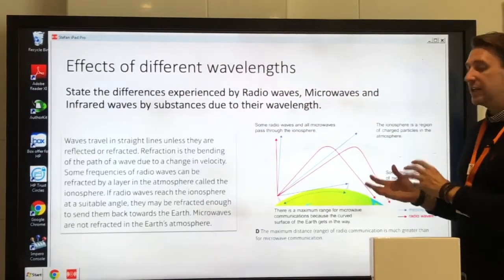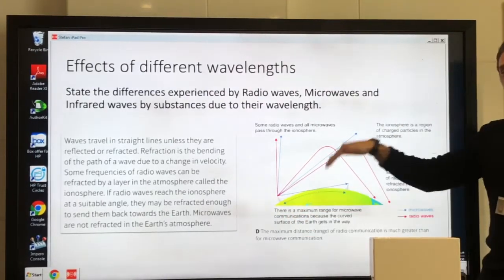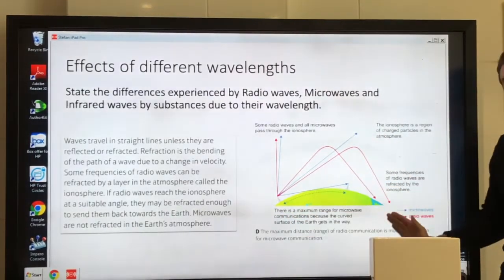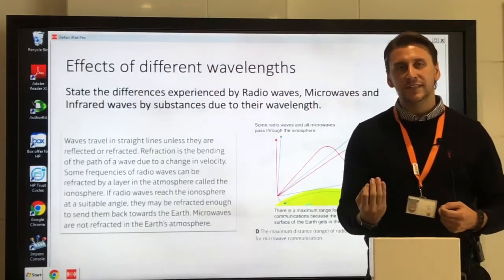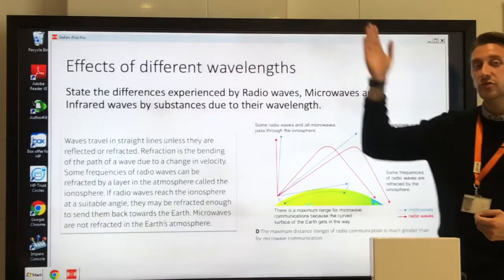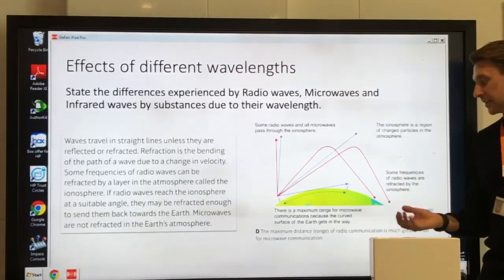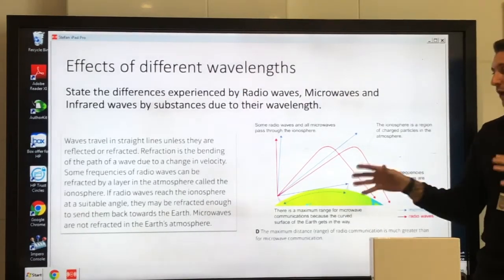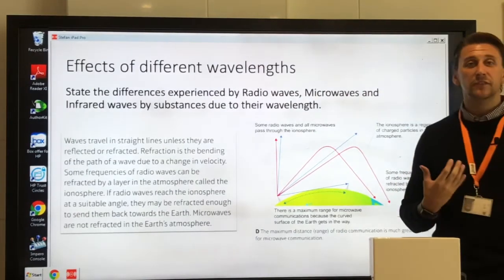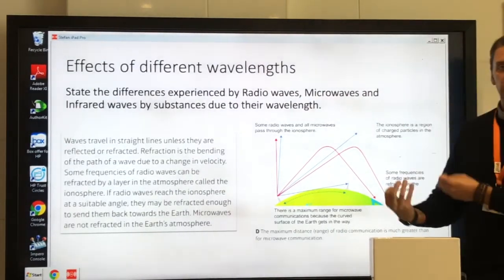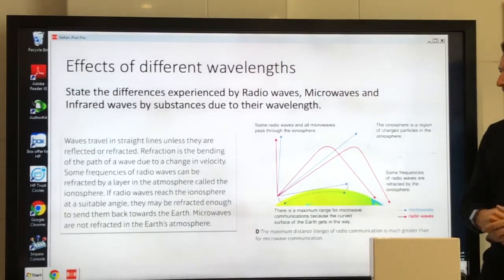All right, so radio is, obviously, easier. We don't need satellites to send radio because we can get them to refract off the atmosphere and send them around the curvature of the Earth. But microwaves, obviously, because we have those satellites today and we have that technology, we can send microwaves straight through the atmosphere in a straight line, received by a satellite, and then sent back to the Earth at a different location. So both are used in long-range communication. Radio, on the other hand, can be just refracted off the atmosphere without the use of satellites. Microwaves need those satellites if you want to travel around the Earth. All right, and that's it for using